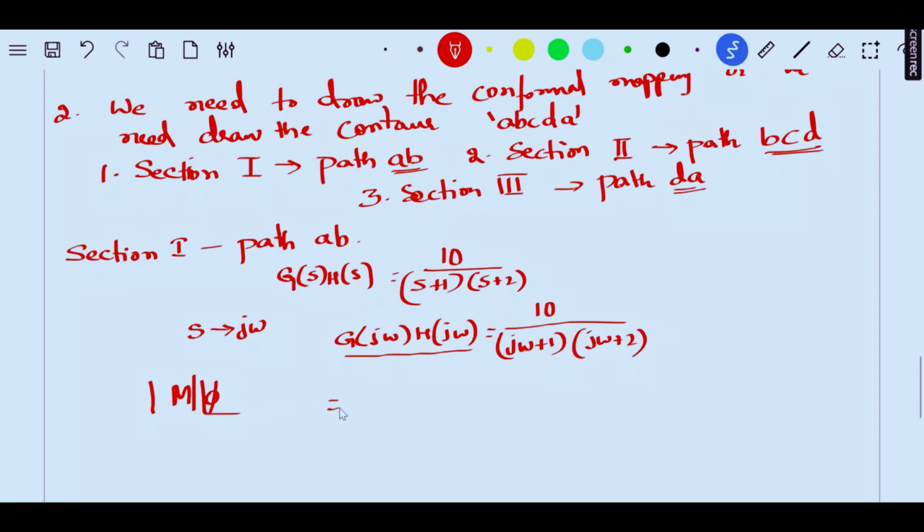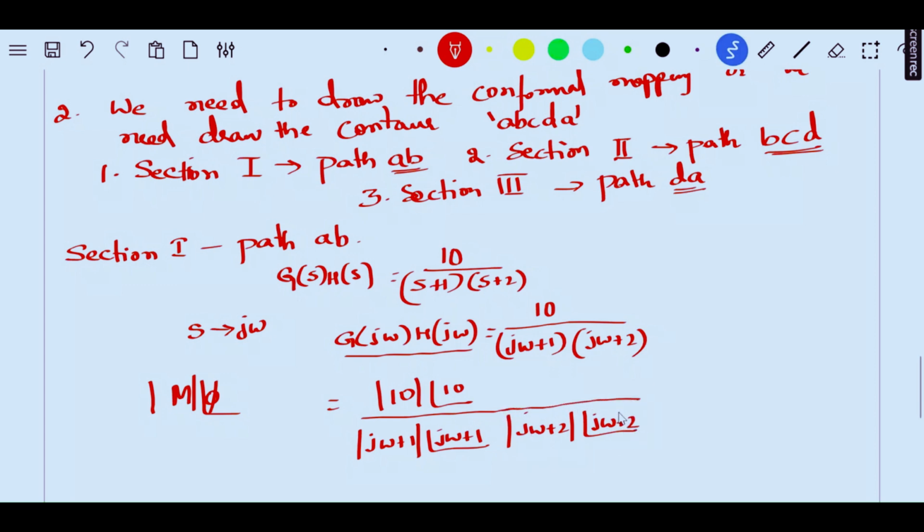If I do that, the magnitude of 10 into phase of 10, divided by magnitude of j omega plus 1 into phase of j omega plus 1. Similarly, magnitude of j omega plus 2 into phase of j omega plus 2. So this is what we do in the Nyquist criteria. We need to take magnitude and phase for each parameter. So if I go with this, magnitude of 10 will remain to be 10, whereas the angle of 10,